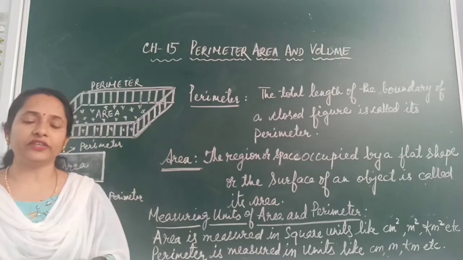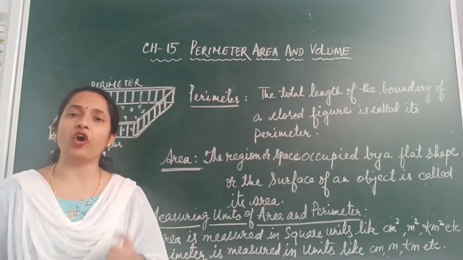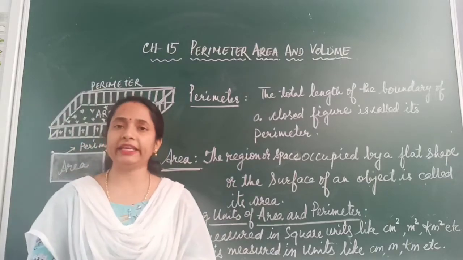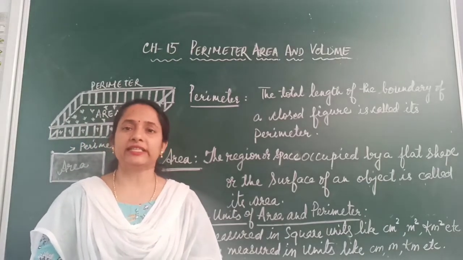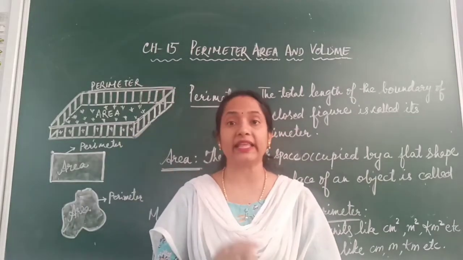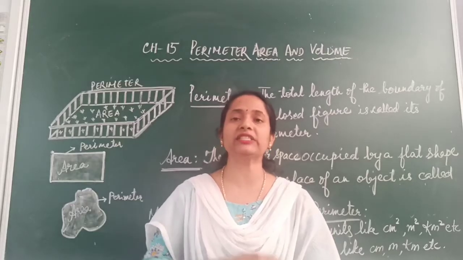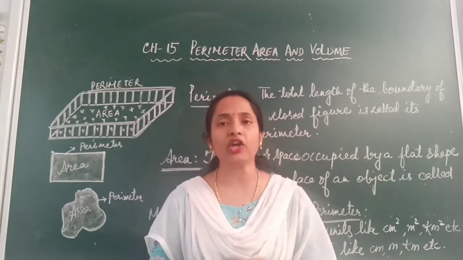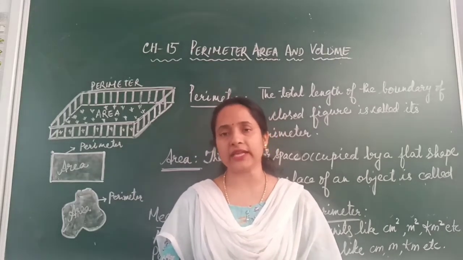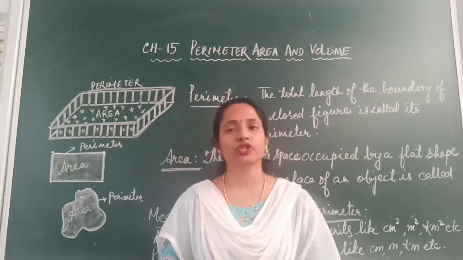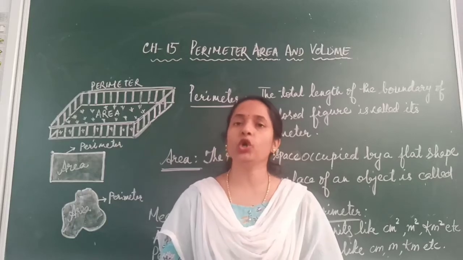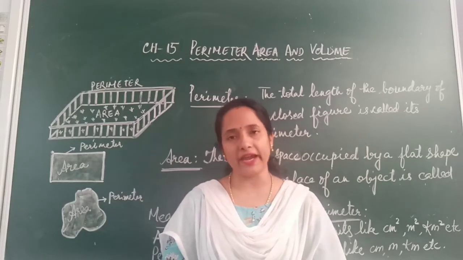Okay, so now after this let us understand what is the formula for finding the perimeter and area of certain figures, such as we will here focus on rectilinear shapes. What do you mean by rectilinear shape? Rectilinear shapes means any shape that is made of line segments. Okay, any closed figure made of line segments will be called as rectilinear shape. So let us see how to find the area of some known rectilinear shapes such as rectangle and square.